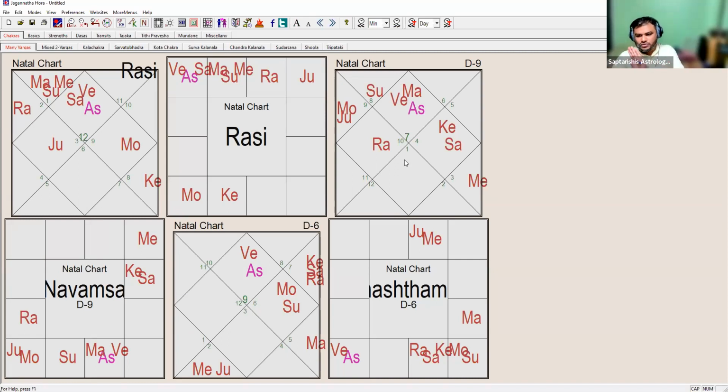If I go by the whole Varga system and you want to include D9 as a standalone chart for everything, that is a different concept. But if you see here, it will not give you a clear indication of health trouble. But the D6 chart is designed for this purpose only. Clear? Yes, sir. At least the first step is understood now.